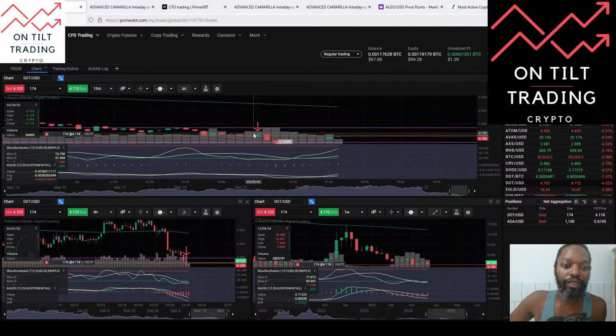So Polkadot, I took an entry early here with my stop back above this level. So this is the S3 level on Polkadot, and this is the S4 level on Polkadot. So I took an entry in between S3 and S4. Not ideal, but seeing this double top type pattern here with these two candles forming a high. This candle is just a little bit lower, and at the S3 level,